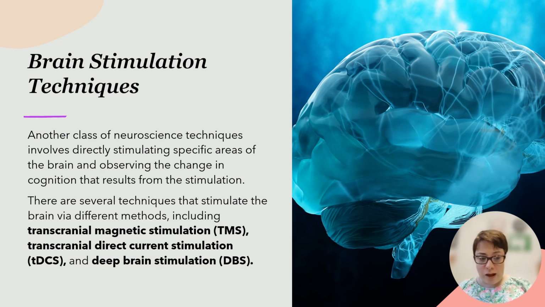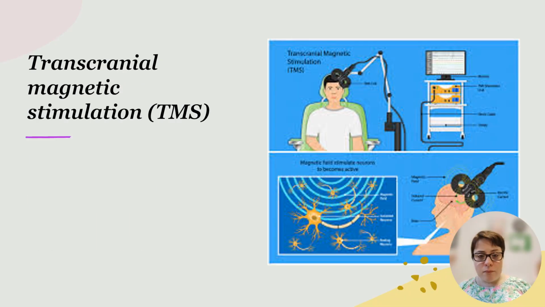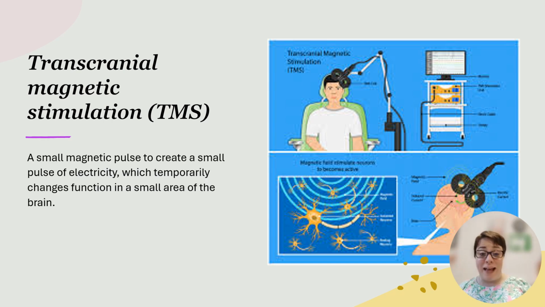So there are several of these brain stimulation techniques, and we'll talk about each of them. So we have transcranial magnetic stimulation, transcranial direct current stimulation, and deep brain stimulation. So in transcranial magnetic stimulation, or TMS, a magnetic charge is applied via the skull to a particular area of the brain, and this is done by placing a magnetic coil near the surface of the scalp. This coil then produces an electric current or electric currents, which surge into the adjacent areas of the skull and